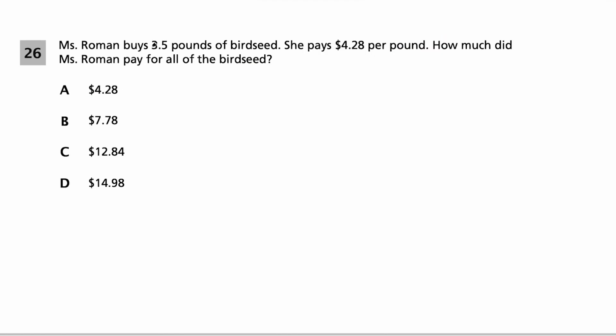Question 26, we have Miss Roman buys 3.5 pounds of birdseed and she pays $4.28 per pound. And we want to know how much did Miss Roman pay for all of the birdseed. So for this question here, we could just multiply 3.5 by 4.28, okay? But